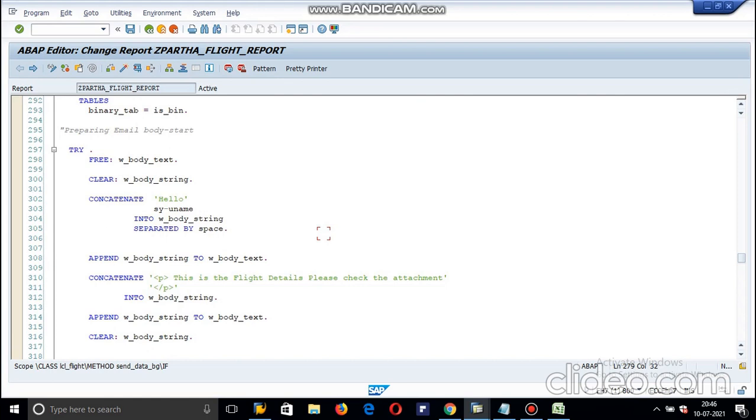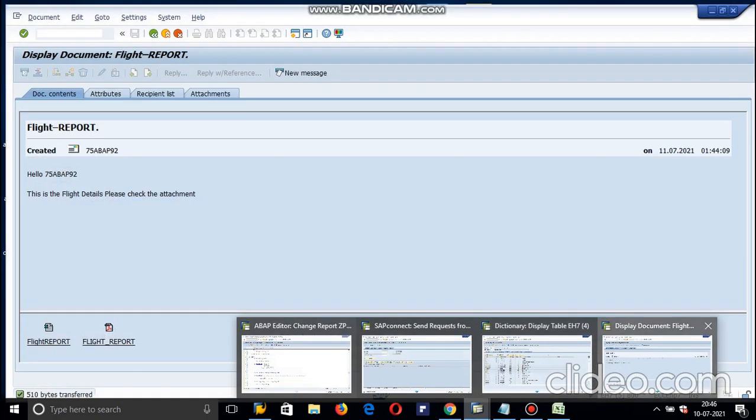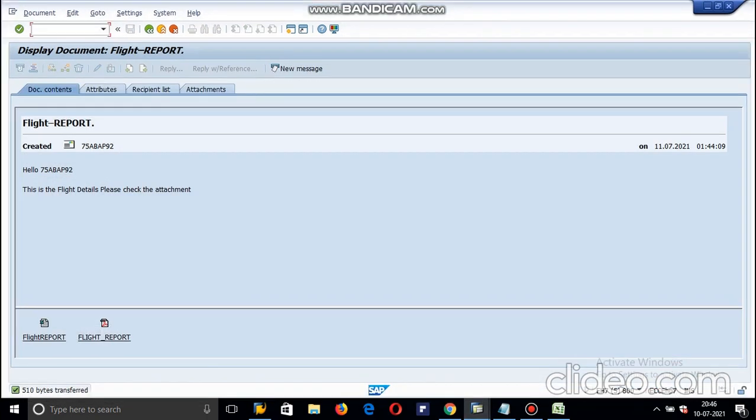In an email body, for example, hello, the log username, then the flight details, please check the attachment. You can put thanks behind it as a signature or regards.